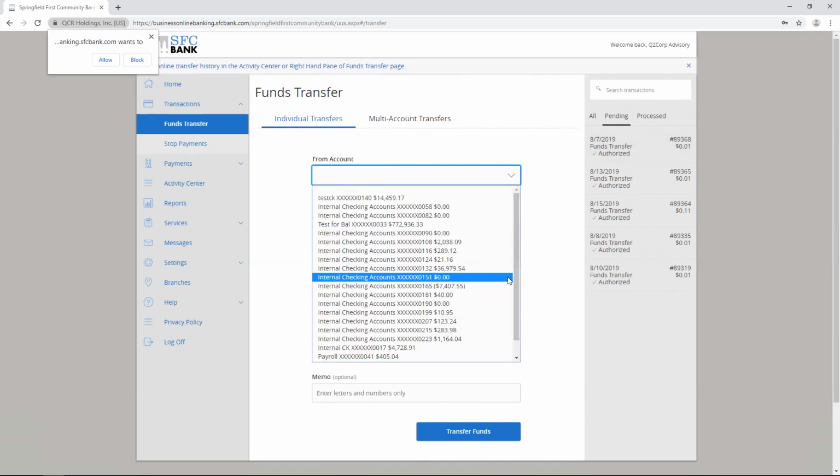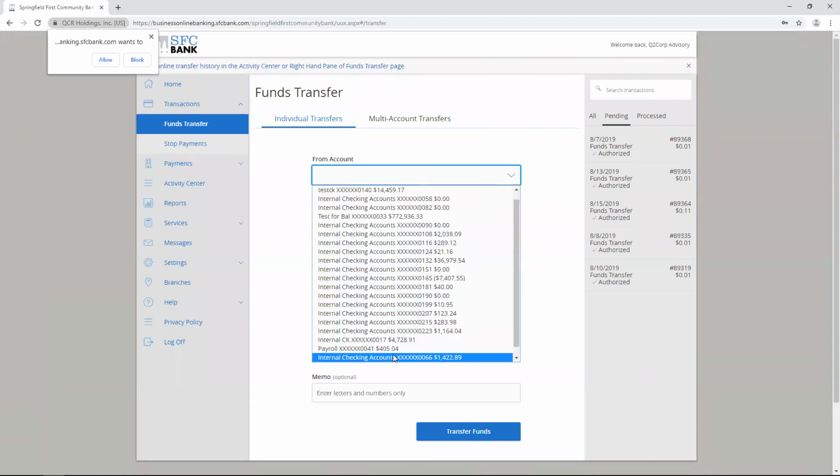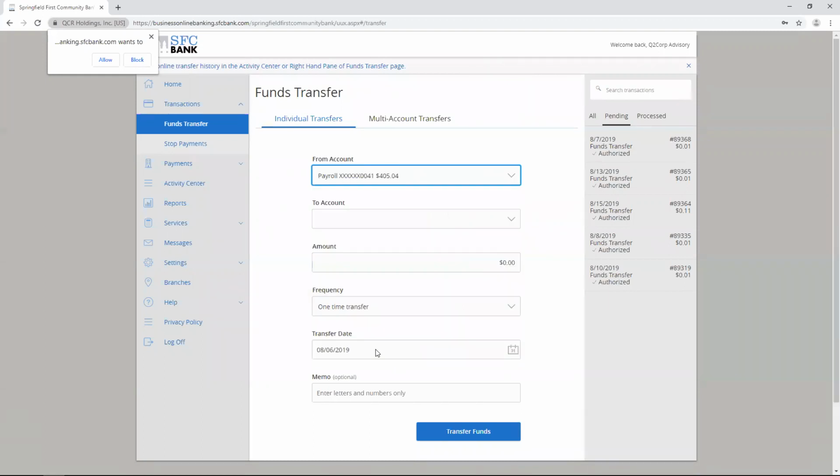Keeping in mind, you can start to see where those nicknames come in handy versus just having a bunch of different checking accounts. In my example, I have internal checking accounts. I've got a ton of different ones out there, but that payroll account obviously is much easier to see. Notice we do still keep the last four numbers. Obviously, it's a masked account number, so you can still use that as reference, but it's a little bit easier to actually see that name. So maybe I'm going to go ahead and click that payroll account,